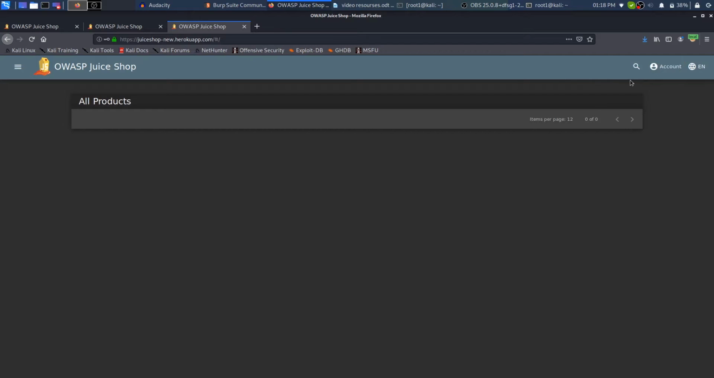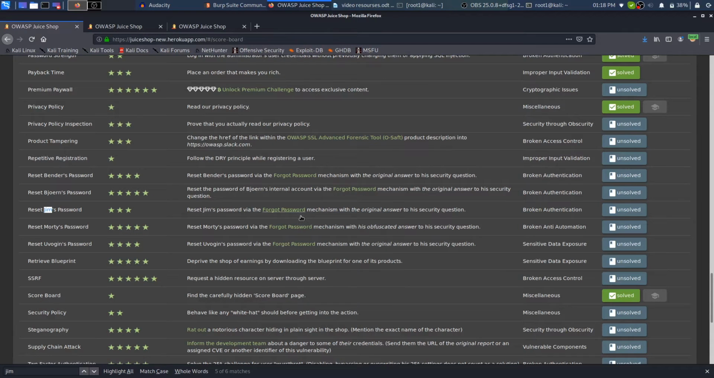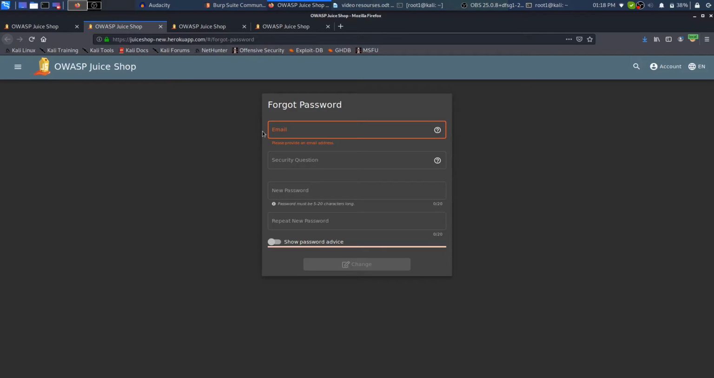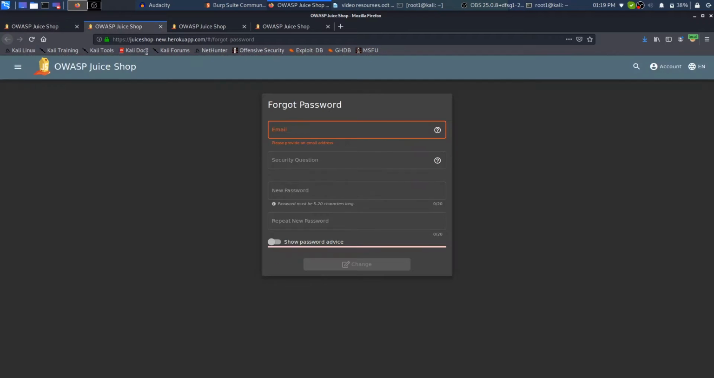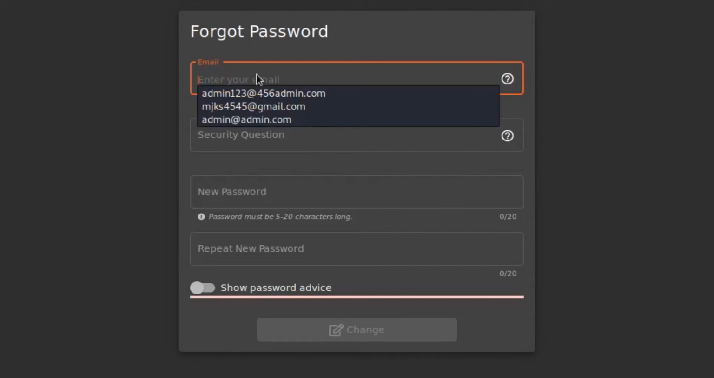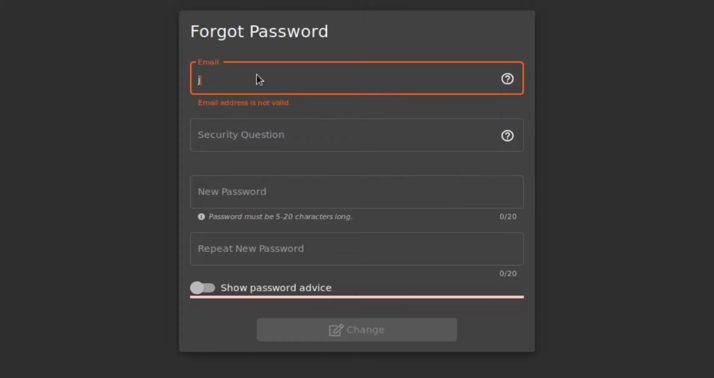In order to perform the password reset, we need to go to forgot password and examine what it asks for. In order to reset the password for Jim, we need to understand how the forgot password works. So I just click on this forgot password and open it in a new tab. I will just enter the email address of Jim,